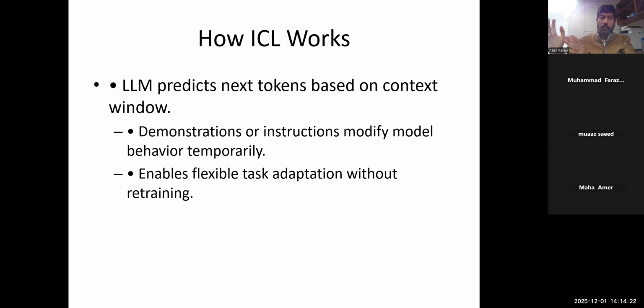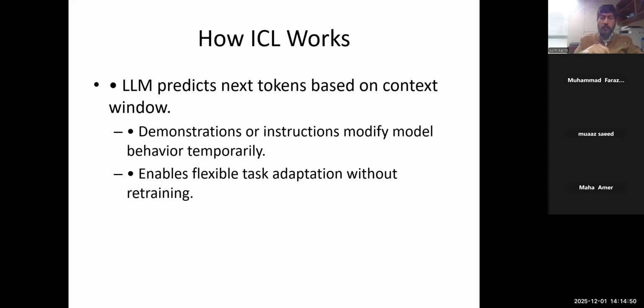So again, nothing changes within the model, only your prompt is changing the output of the model. Obviously you can use whatever prompt and try to solve whatever problem you have in mind. And in most cases, because of the instruction tuning that has already been done, it is able to give you a good answer. Okay?